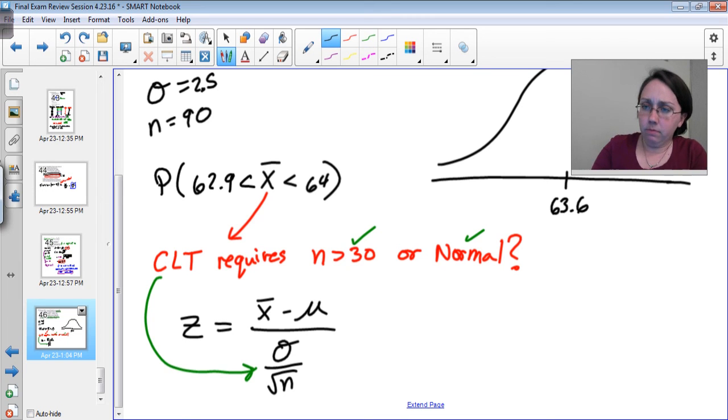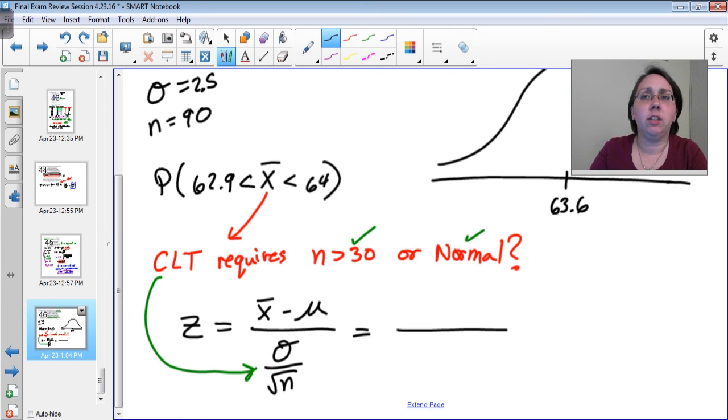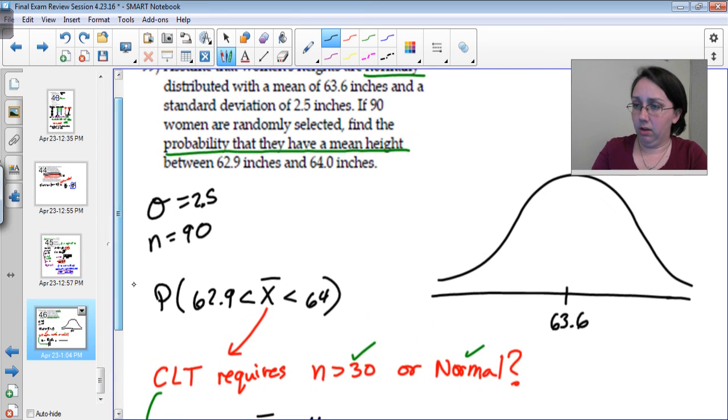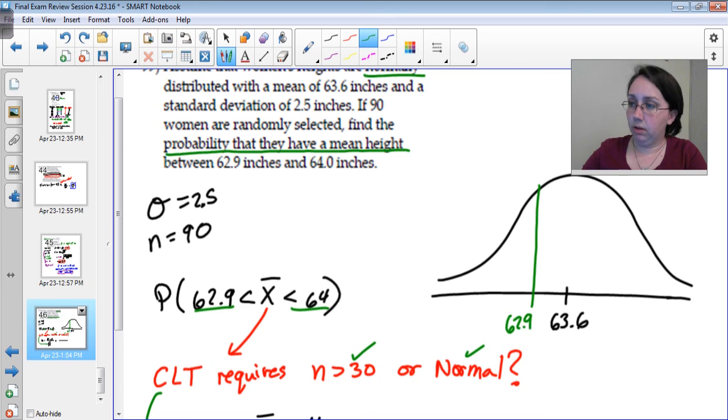All right. So what's our x bar that we're converting? Ooh. Good question. What x bar are we converting? We got two of them. Let's draw a picture so we know what we're doing. So we have two x bars. One is 62.9. The other one is 64. And we